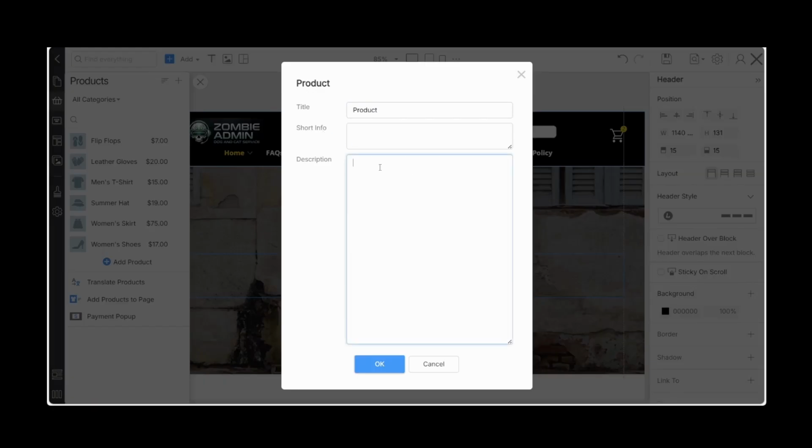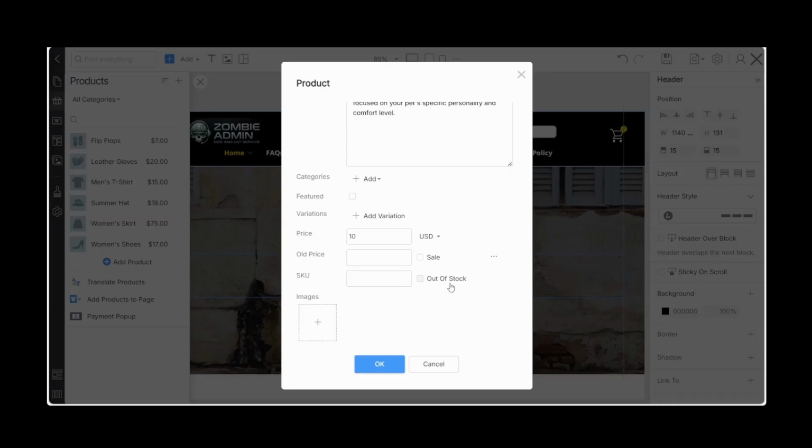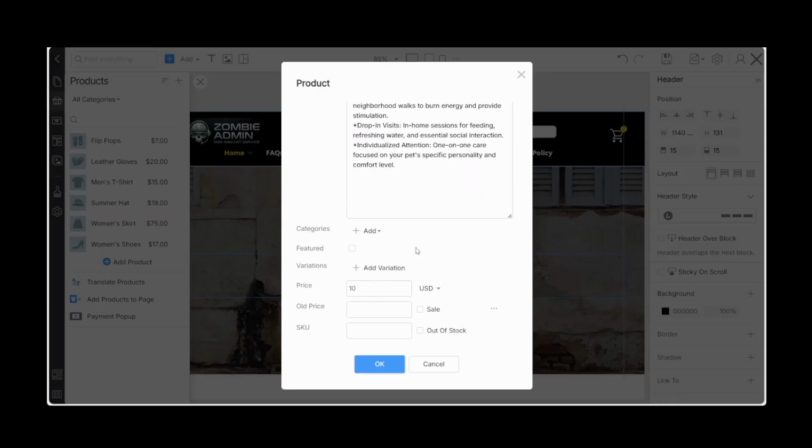I'm going to place in a long description of the service of dog and cat walking or sitting. Let's place this in title. Let's put this in short description. Long description is mostly for SEO, I feel. And price is going to be $19 an hour.